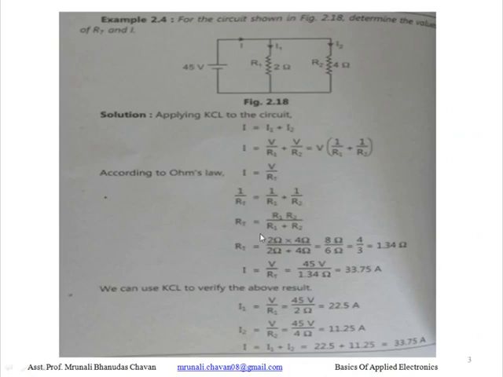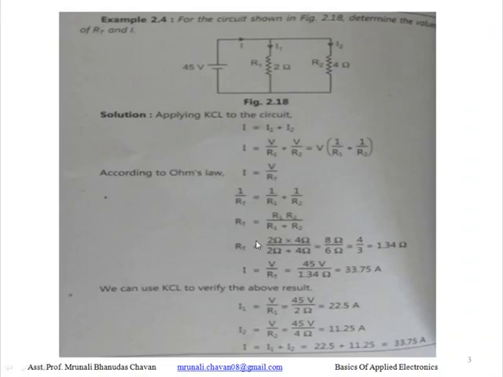जर दोन रेजिस्टर्सेस पॅरलल कनेक्ट केले असतील तर त्यांचा इक्विव्हॅलेंट रेजिस्टन्स कसा फाइंड करायचा हे आपण आधीच पाहिलं आहे. त्यामुळे आपल्याला या ठिकाणी इक्वेशन हे मिळेल RT इज इक्वल टू R1 R2 डिवाइडेड बाय R1 प्लस R2. Now R1 is given, R2 is given. If we put the values here, RT is equal to 2 ohm into 4 ohm, divided by 2 ohm plus 4 ohm, is equal to 2 into 4, 8 ohm divided by 2 plus 4, 6 ohm, and we will get here 4 by 3, means 1.34 ohm.